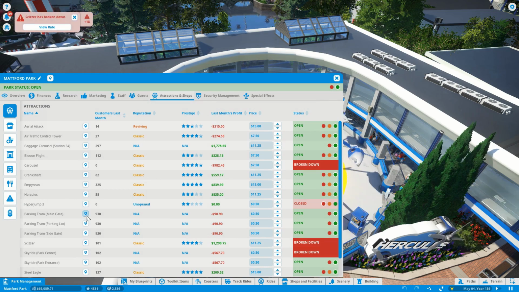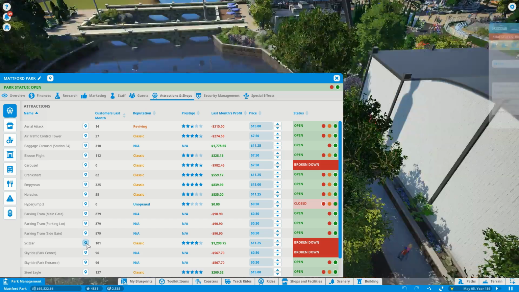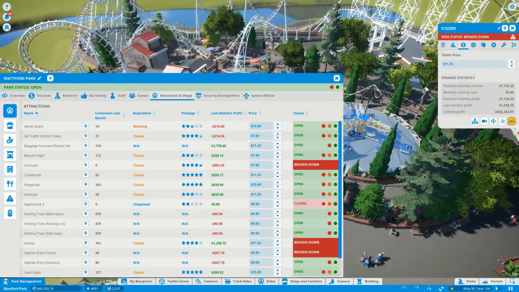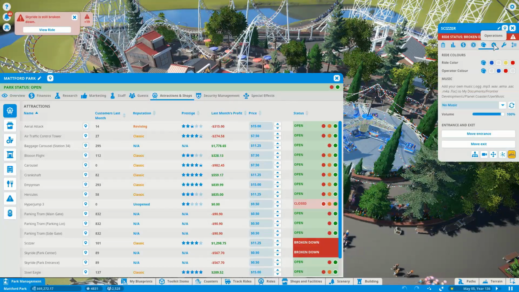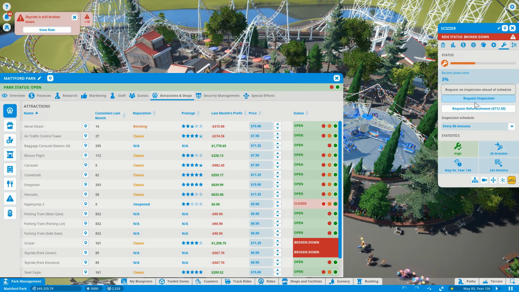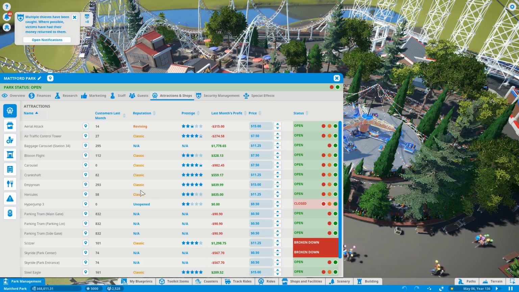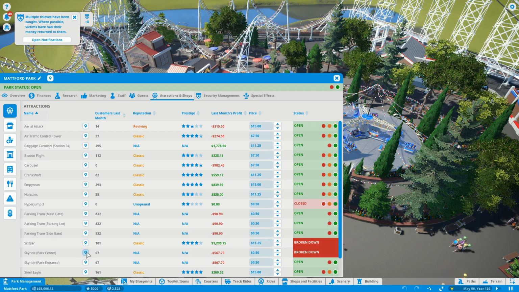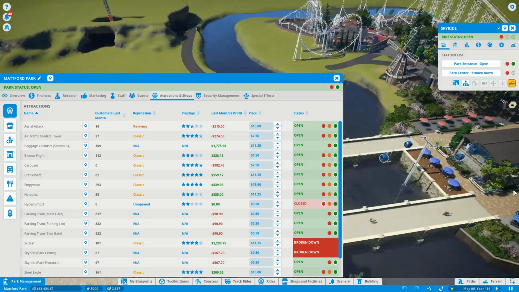Hyperjump's not open. Parking Tram is a transportation ride, so we're only allowed to charge 50 cents per ride. The Scissor, big changes here in terms of the ride sequence. We added a bunch in here to get the prestige up a little higher, and that seems to have worked pretty well. We probably need to refurbish this as well. The wear and tear is pretty low, so we'll get that refurbished since it's broken down. The Skyride is just...